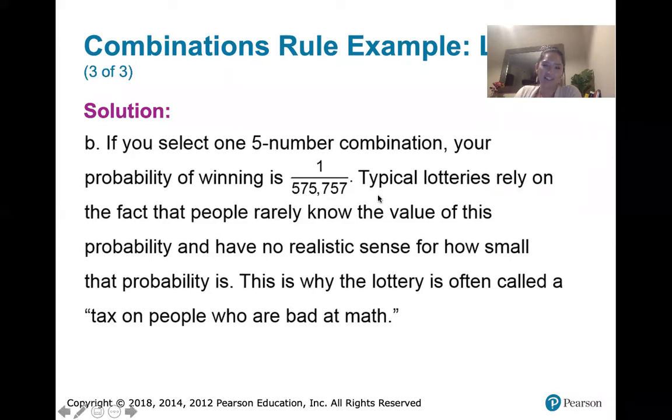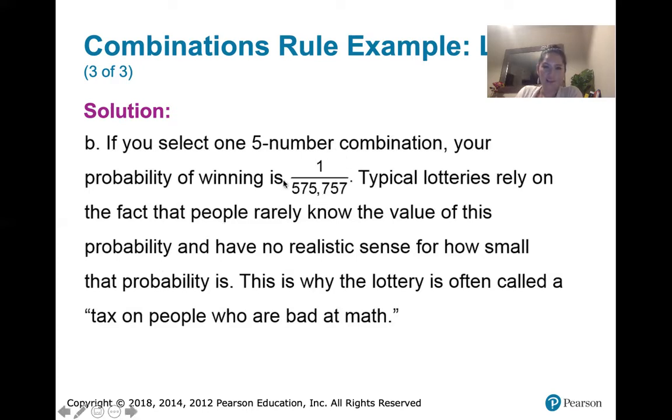And then there's an extra point on here made by the author of our textbook. I think it's a little bit rude, but you can understand why it's true, or not necessarily why it's true, but you can understand why people say it. They say typical lotteries rely on the fact that people rarely know the value of this probability and have no realistic sense for how small that probability is. 1 in 575,000 is pretty small. That's why some people say that lottery is a tax on people who are bad at math. Just like, ooh, that's really harsh. But